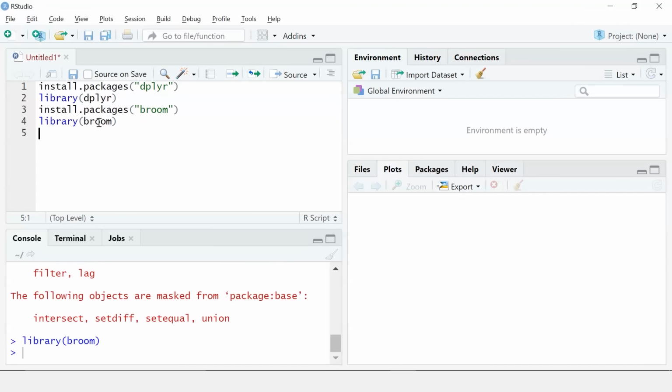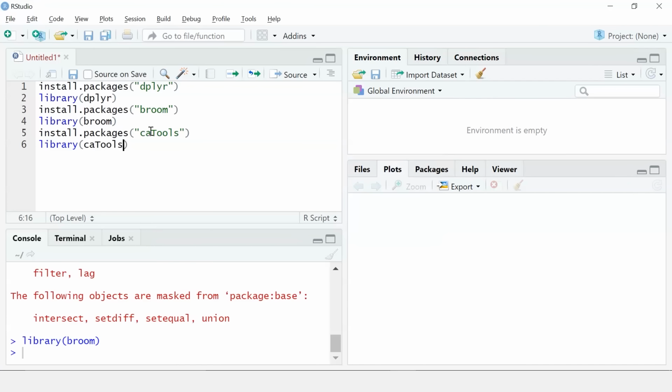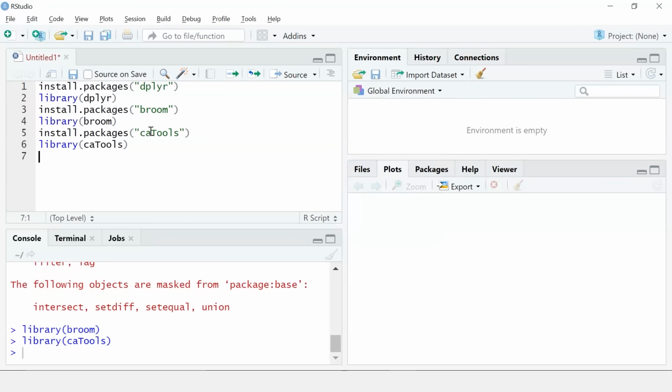Then I'll be installing the caTools package, which will help us build our linear regression model. I'll paste the same code, change it to caTools, and call it using the library function. I'll run this.